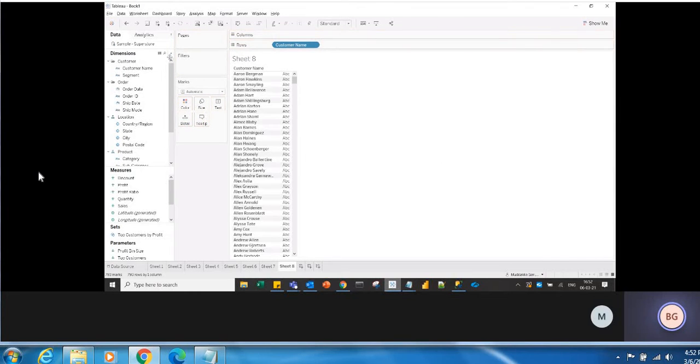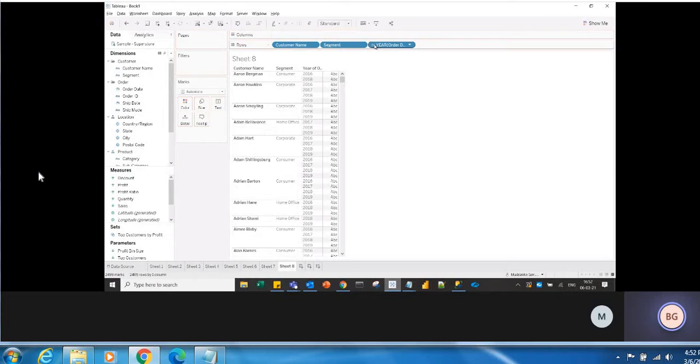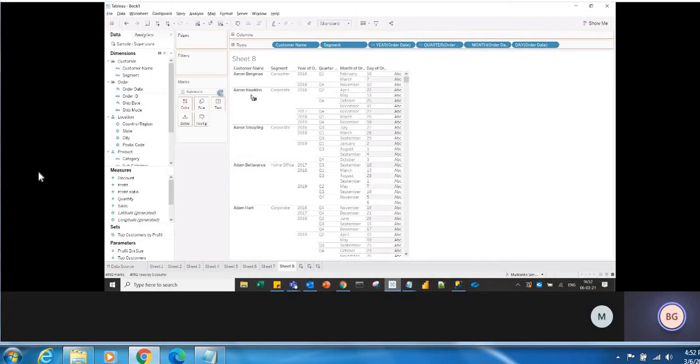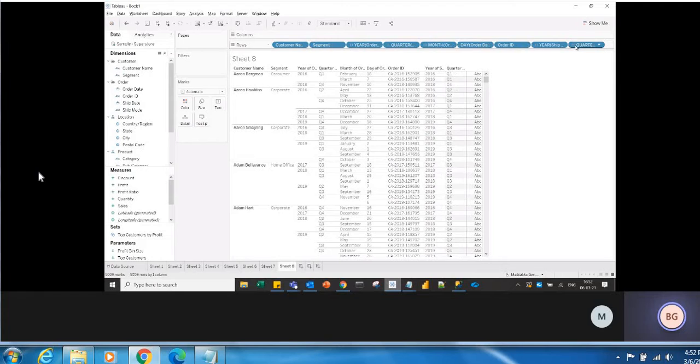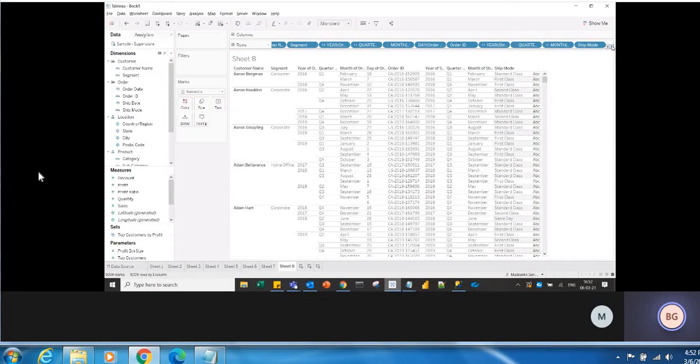So let's drag everything like customer name, segment. You just observe your view, okay? Drag the order date, and within this get the quarter, the month, the day, and again drag the order ID. Okay, and next drag the ship date, and again in the ship date you drag quarter, month, and the day, and after the ship date you drag the ship mode, right?